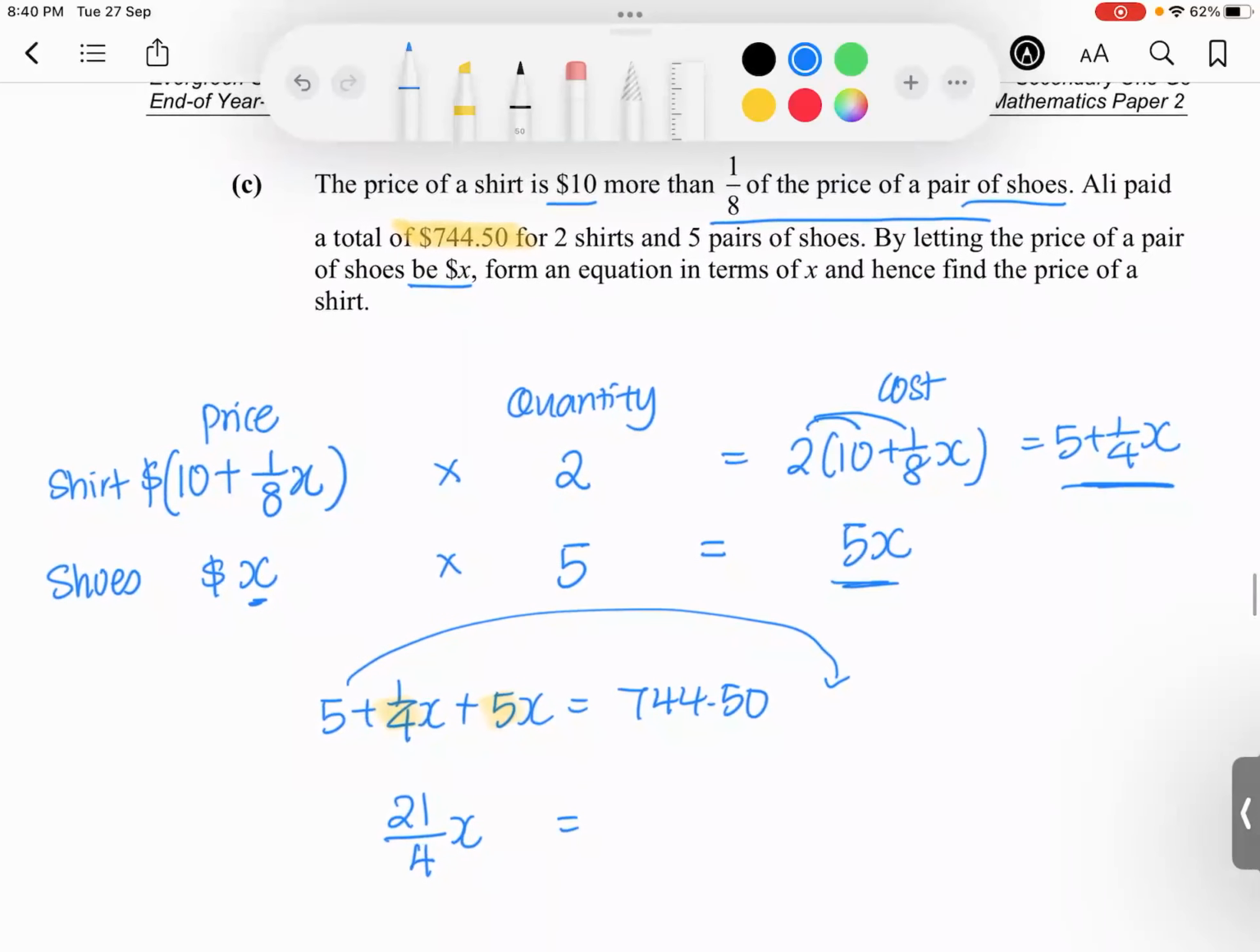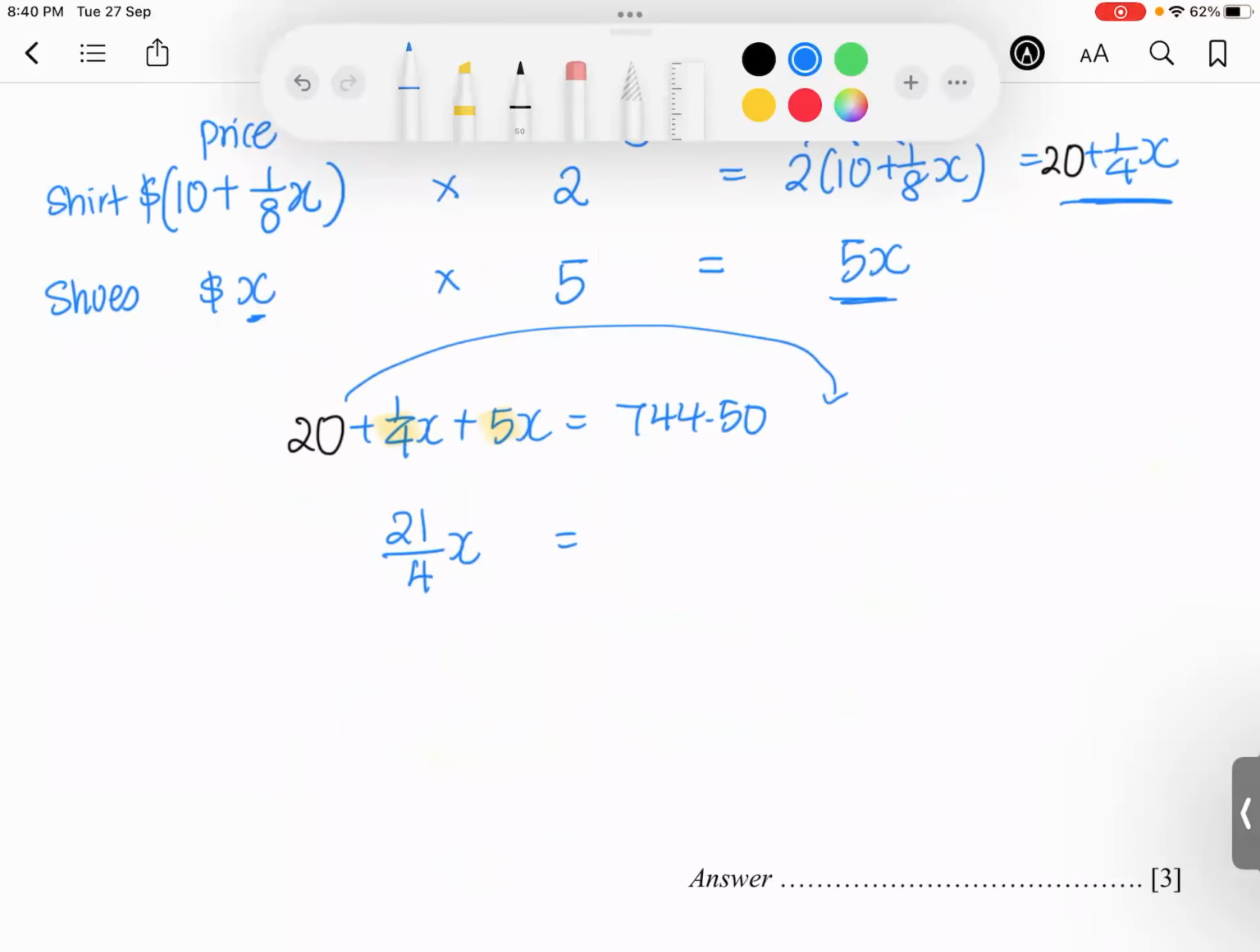Did I multiply wrongly? Yeah, you did. This one is 2 times 10. Alamak, what am I doing? 2 times 10 is 20. I keep thinking it's half times 10. This one is 20, sorry. No wonder it's different from my answer. Okay, so after I minus